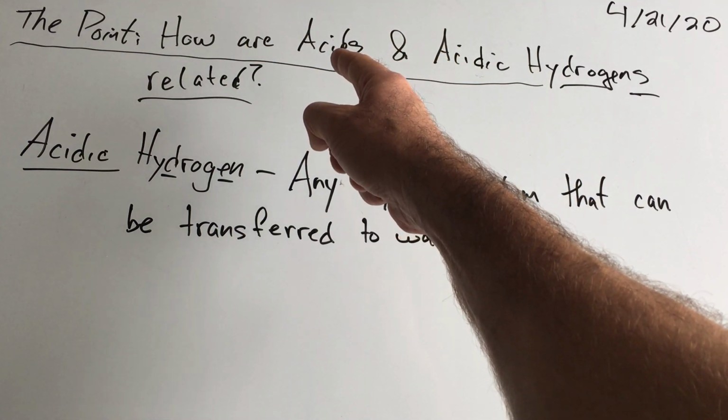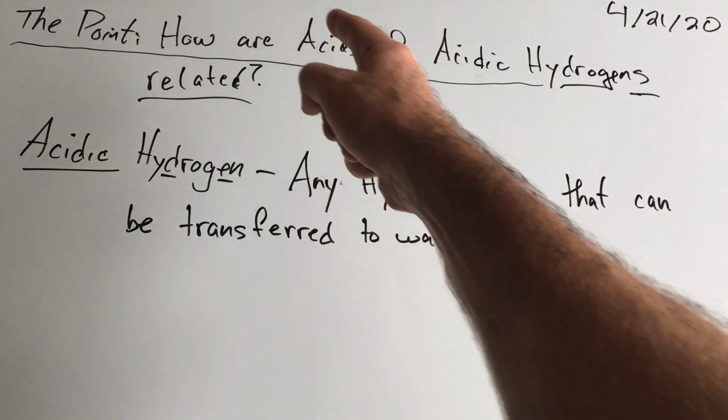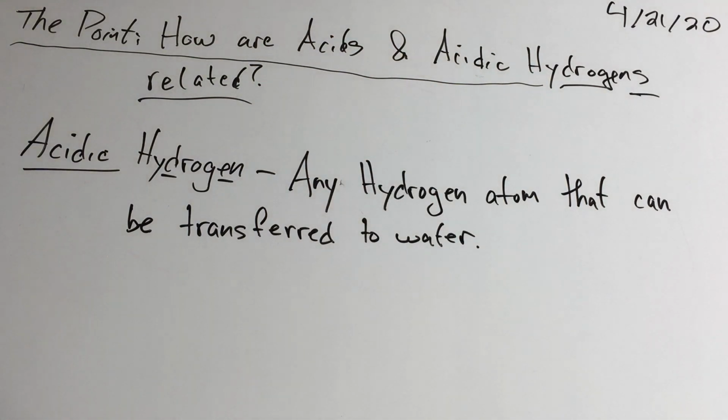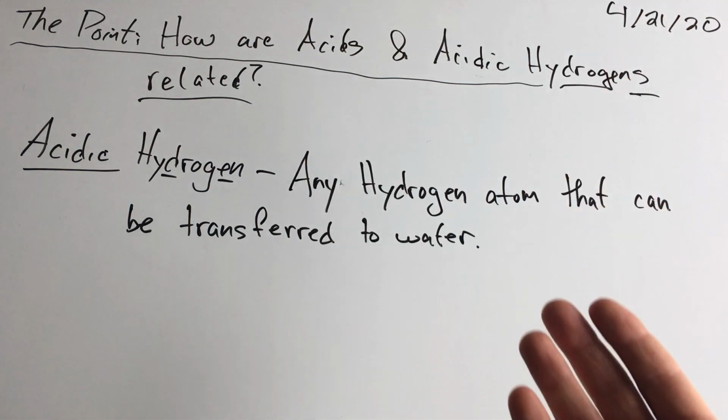corrode metal. Remember, that's how we used to define acids: we tasted them and we go, this is kind of sour, it must be acidic, right? And we think of citric acid. So that'd be like lemon, right? And that's sour. It's the citric acid that makes it sour, and they corrode metal.